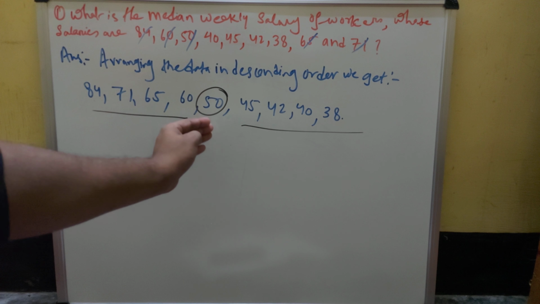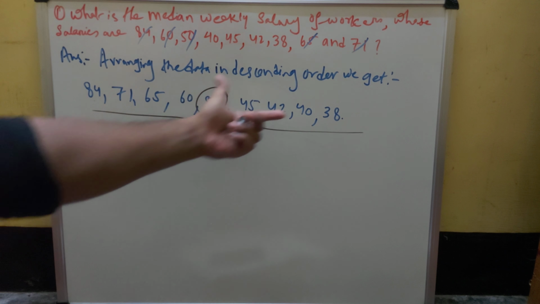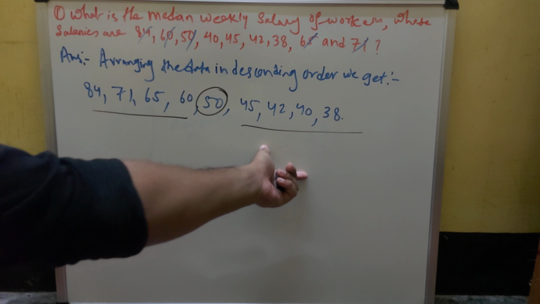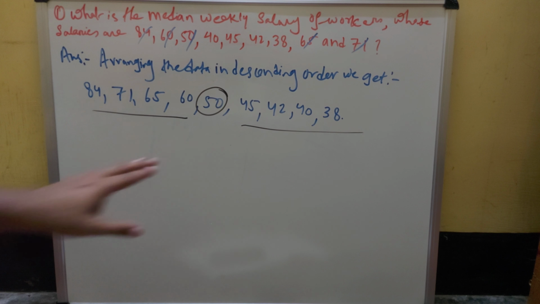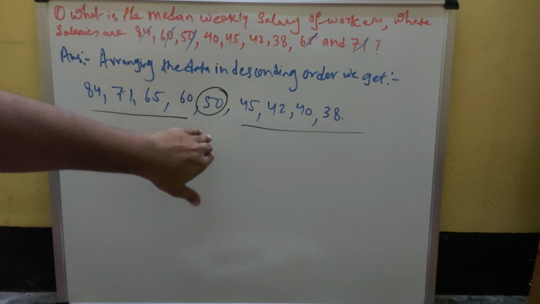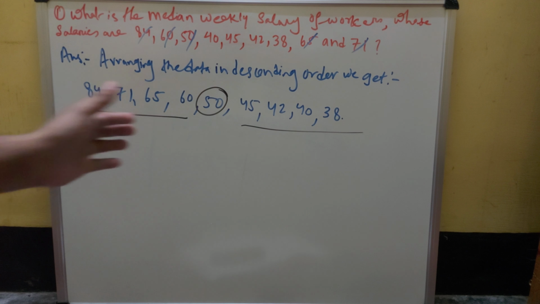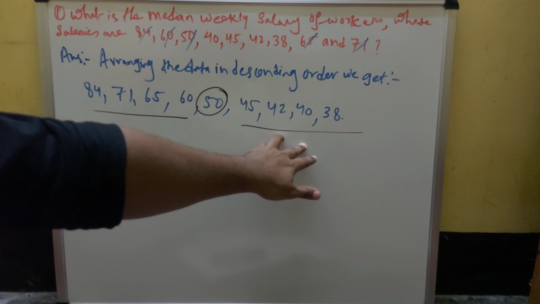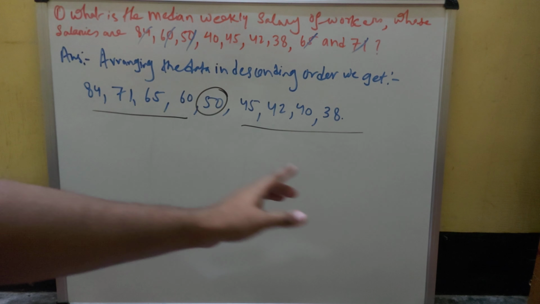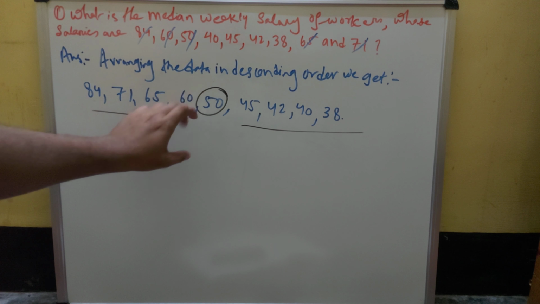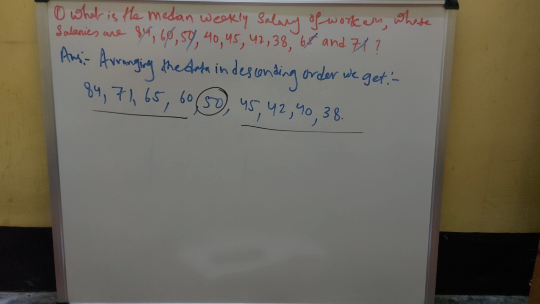50 যেখানে আছে তার লেফট হ্যান্ড সাইডে কটা আছে? 4টে টার্ম, রাইট হ্যান্ড সাইডেও ঠিক 4টে টার্মই আছে, তাই না? তার মানে আমরা বলতে পারি যে 50 হচ্ছে এই সব সেট অফ ডেটার মিডিয়ান, অর্থাৎ যেটা মাঝখানে আছে, তাই না? Both sets contain the equivalent number of terms on either side of a number which is considered as a median. Clear? এটা হলো আমাদের মিডিয়ান।